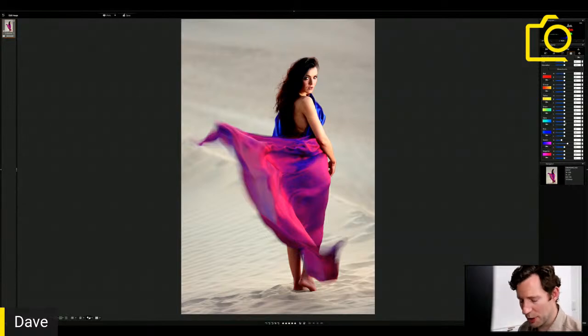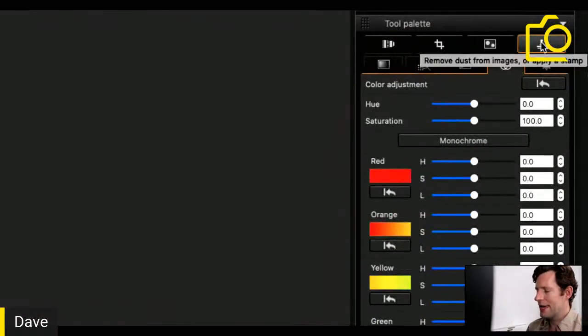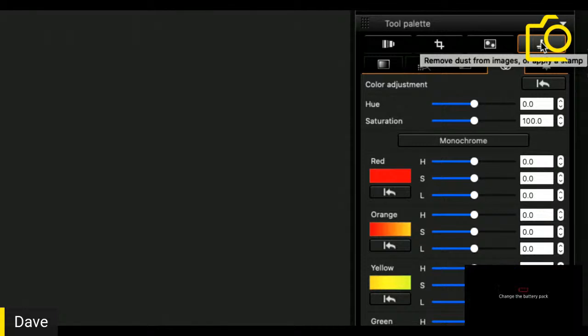Obviously, we could work our way through all of these, but time is short, so I'm not going to do all of that. The last tab that I want to show you in here is dust spotting. Now, Canon give you the option of something called dust delete data, where you can take a picture of a white bit of paper or a grey card, and it will map where the dust is on the sensor. Sounds like a brilliant idea. In practice, doesn't work quite so well,